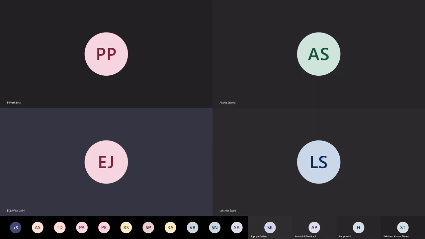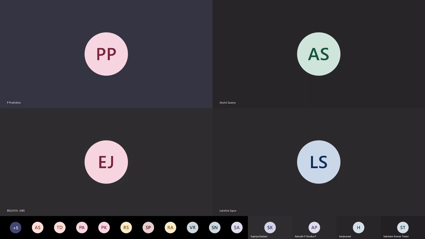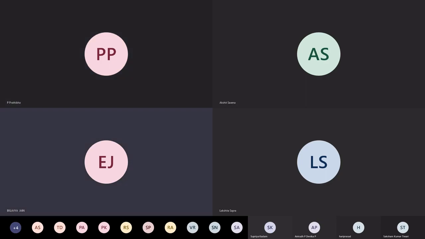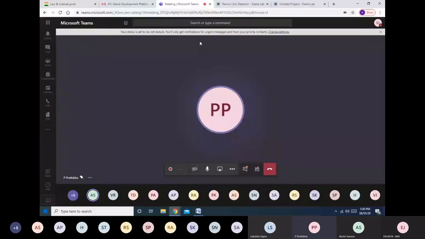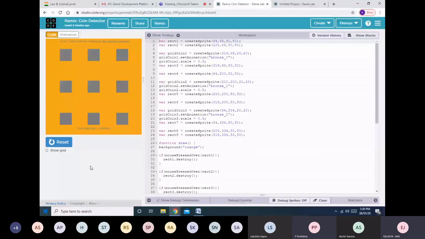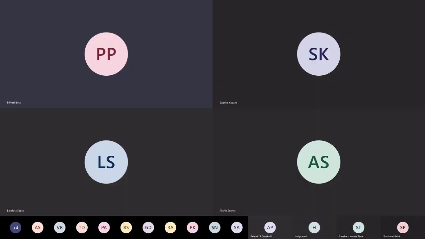Ma'am, Scratch Desktop. Surya, is that you? Scratch Desktop 3, I heard only that. Ma'am, can you see the screen? Scratch Desktop is supported by Windows 10 only. Yes, yes, I can see the screen, Eklavya. Surya, I want you to check your operating system requirements. First, I made this game in this. Eklavya, just one moment. Ma'am, I have. This is code.org, correct?